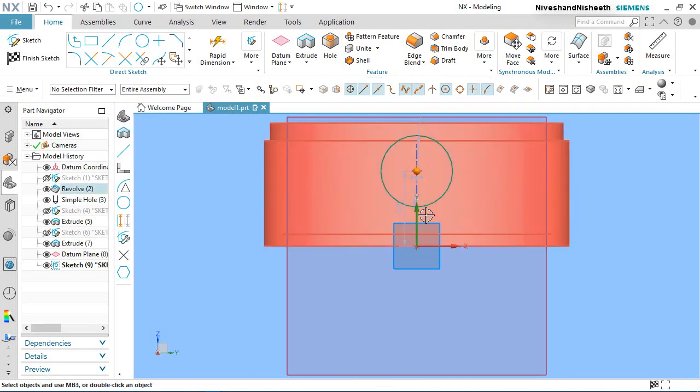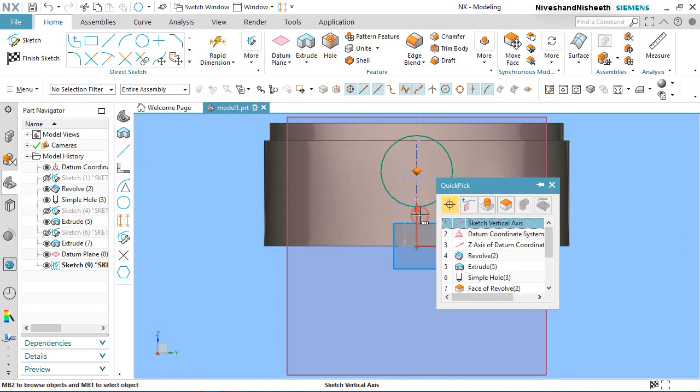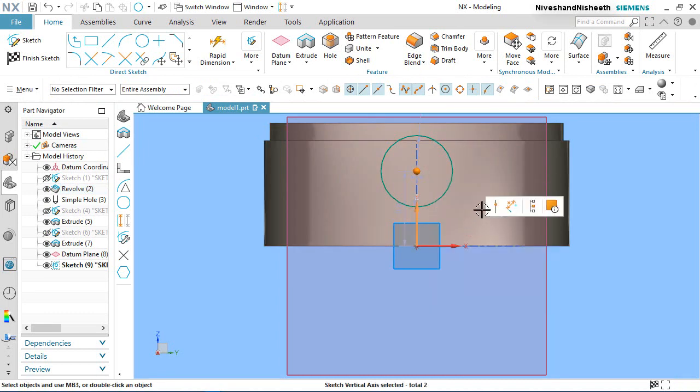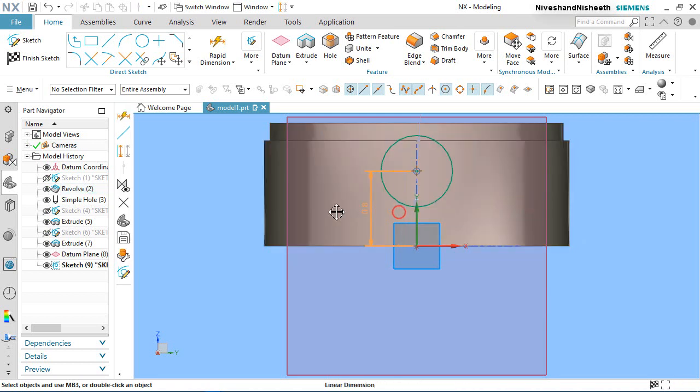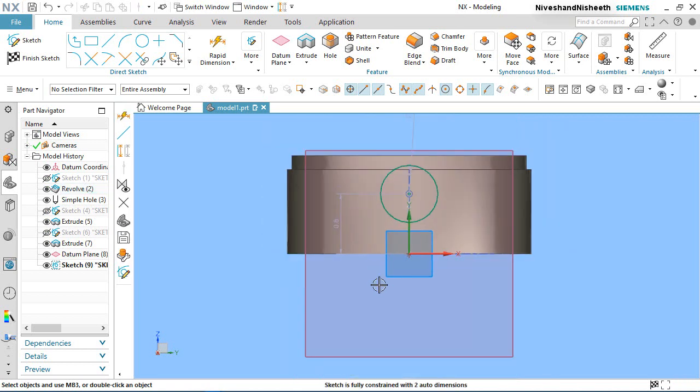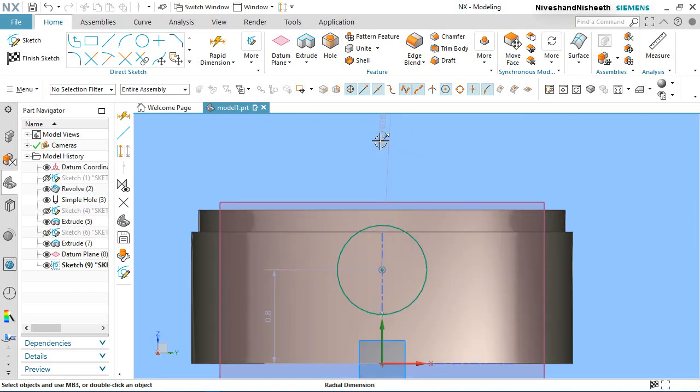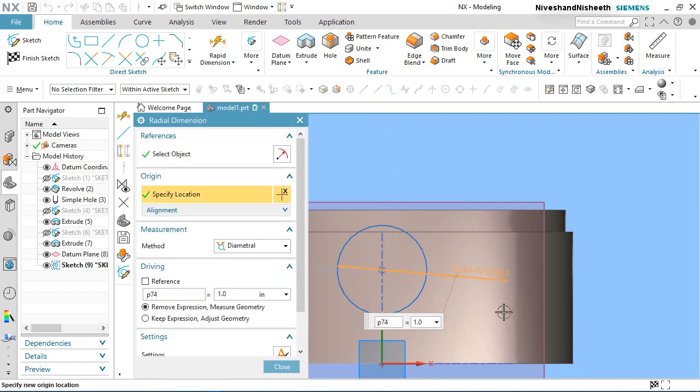Select the center point of the circle and sketch vertical axis and apply point on curve constraint. Set the diameter value of the circle 1.03125 inches.